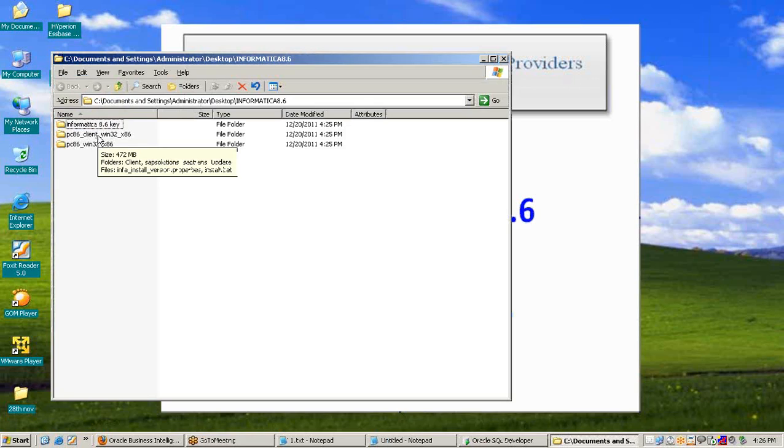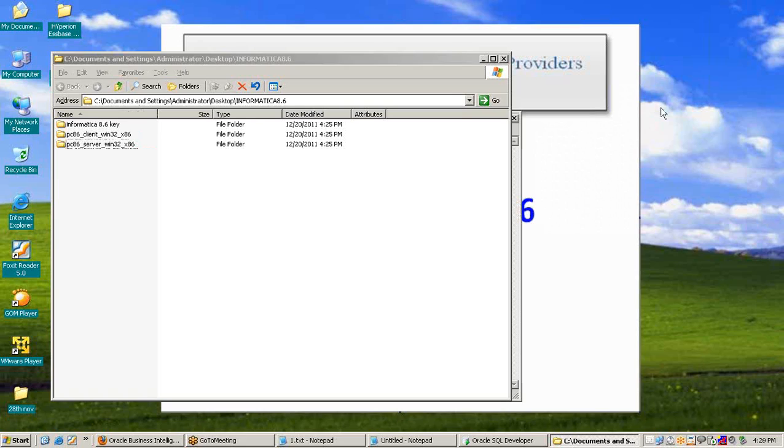These are both parts, first part and second part, and this is the key for Informatica. Here two parts are specified: one is for client installation and the second one is for server, and the third one is the key of Informatica 8.6. Now for installation of Informatica 8.6 there are steps. First we need to install the Informatica server, then the client.